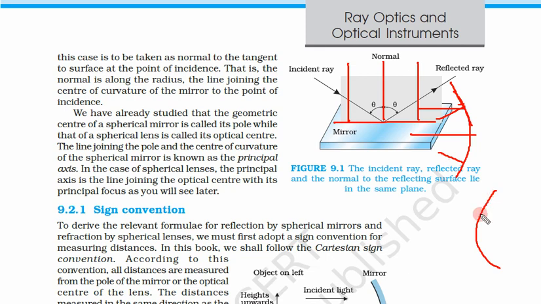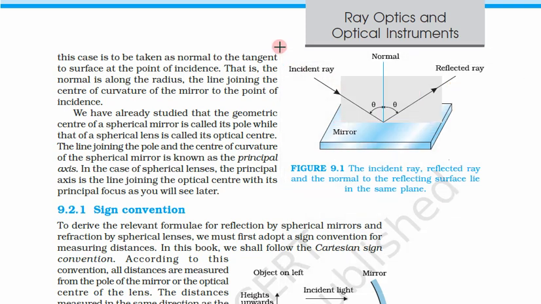Similarly, for a convex mirror, if we want the normal at a point, what will we do? We will first draw a tangent at this point and then draw a normal to this tangent. At this point again, a tangent and then the normal to this tangent. So there are multiple normals instead of one normal or normals parallel to this main normal. And then we apply the same law of reflection, that means the incident angle must be equal to the reflection angle.